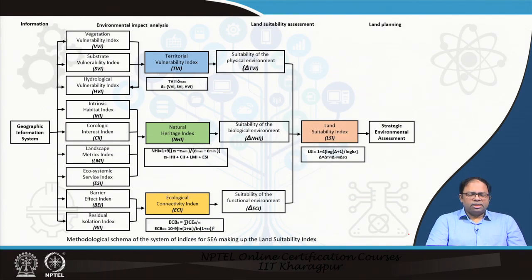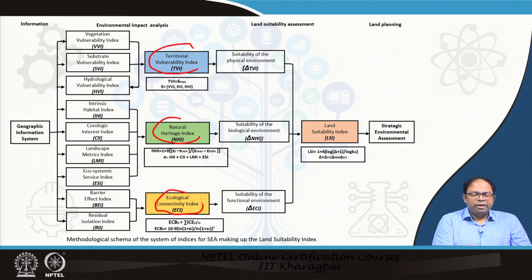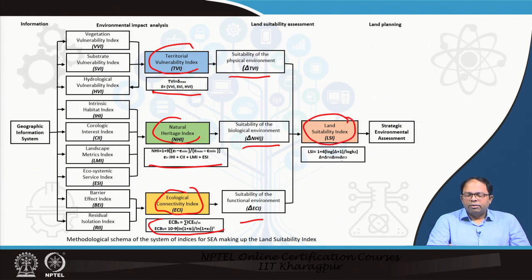So, using the same methods, once we have generated these indexes based on these sub-indexes, which again depend on several factors within them, we can determine the suitability as we have discussed earlier. Each of these has its own formulas, using which we can create these indexes, and then overall suitability is determined in the form of the land suitability index, again using this particular formula, and based on that we can determine where we should take some corrective measures or not. So, this is how our overall index could also be created.